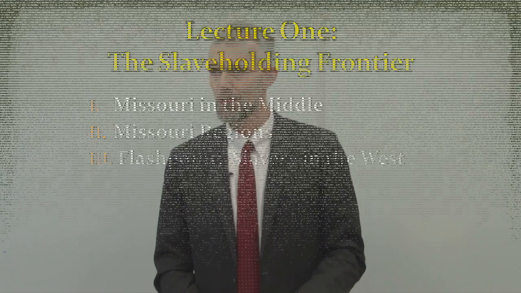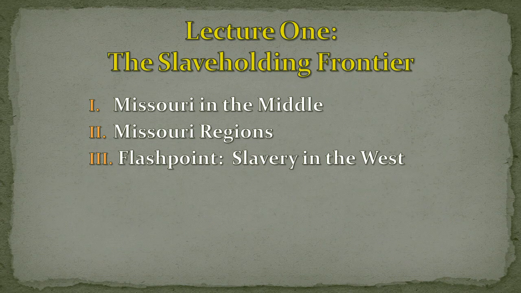Historians often look to the firing upon Fort Sumter by Confederate troops as the start of the Civil War, and with good reason. But today I think it's necessary that we step back and set the context. First, geographically, to look at Missouri and its various regions. Next, to look at the succession of peoples that will be moving through the state by 1860. And then lastly, we look at the first time when Missouri really becomes a flashpoint in American history. And of course, it's a division over slavery, as it will often be.